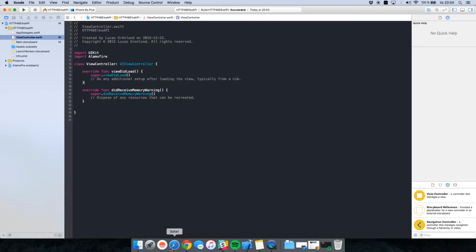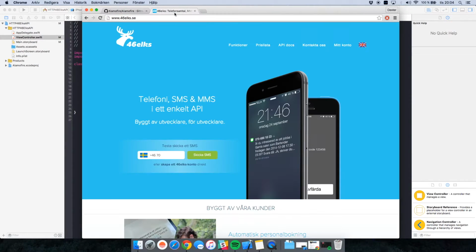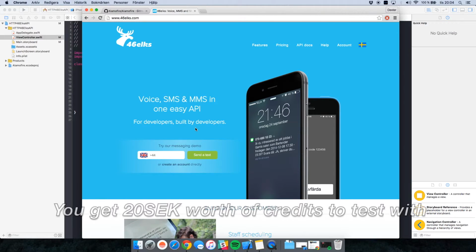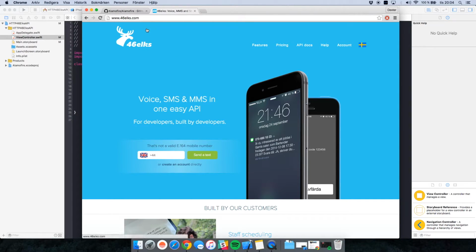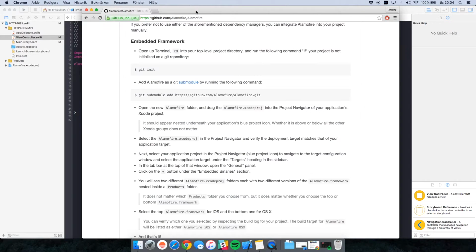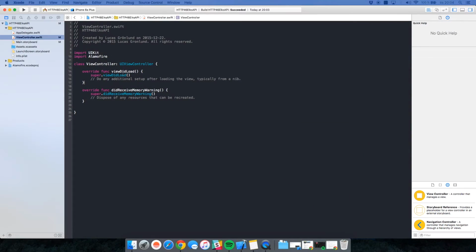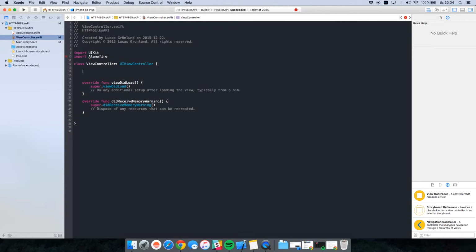Now that we have Alamofire, let's go to our Chrome again, and now go to 46elks.com, and let's go to the English site and start registration here. It's all free, so you just enter your phone number and send a text. When you are inside of your dashboard, you will get your API keys, and this will be used inside of our app. Okay, let's create two variables or constants, username, and that is equal to your API key, and let's create